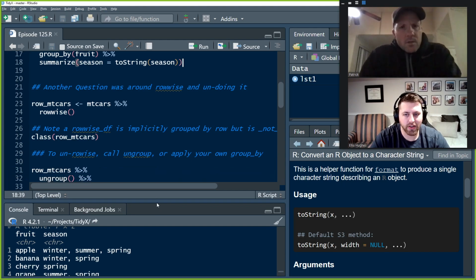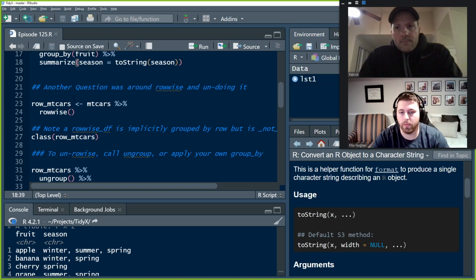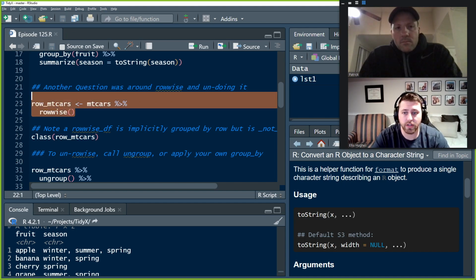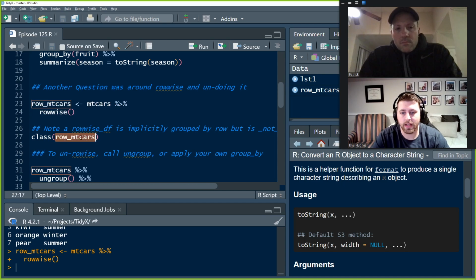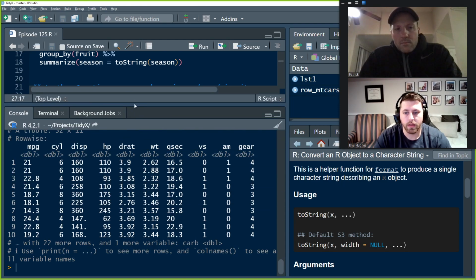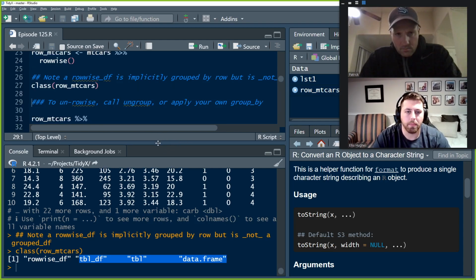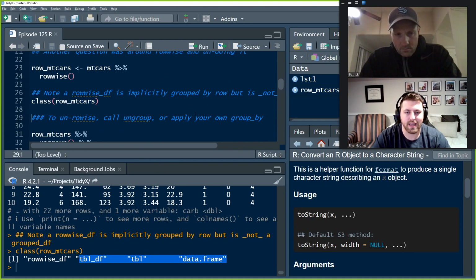Next, we got another interesting question where I used rowwise in our example to allow us to do things rather than grouping by fruit. And so you can do this, you just use the rowwise function. And what this does is this adds a class, or makes this empty cars data set where it looks and prints kind of like normal, but it is actually a rowwise df. It's also a tibble df, tibble, and data frame. Let's not worry about that. But basically what a rowwise df is